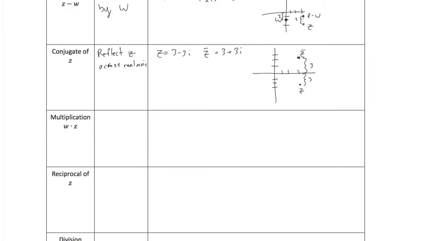Okay, next one, multiplication. Z or W times Z. So this is what we've really been doing lately. So I'm just going to do what we already know. And then that means that W times Z, I'm taking W and I'm rotating it. So Z, let's write this out fully. Rotation of Z by arg W